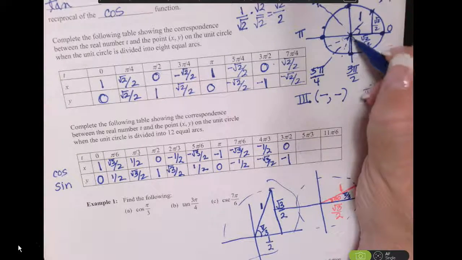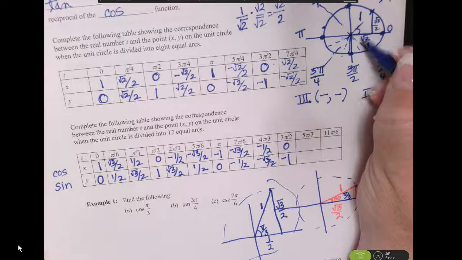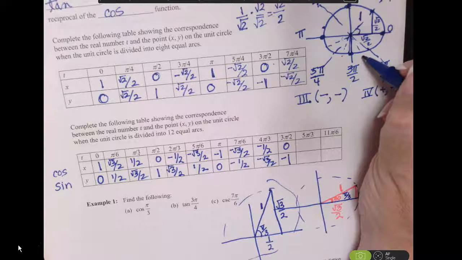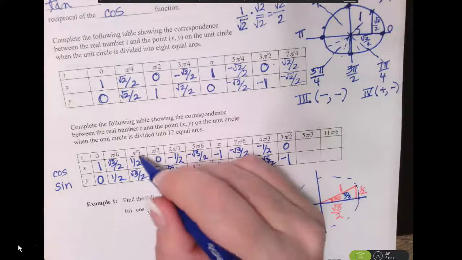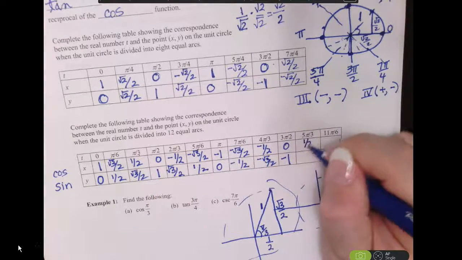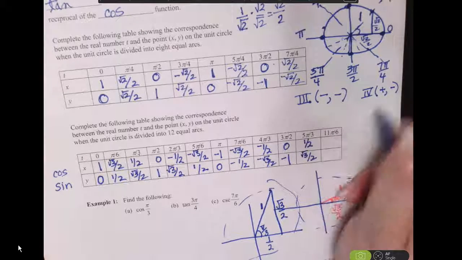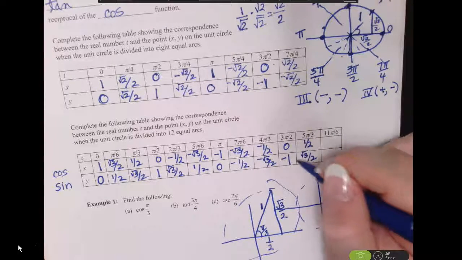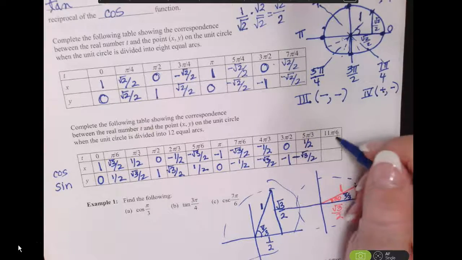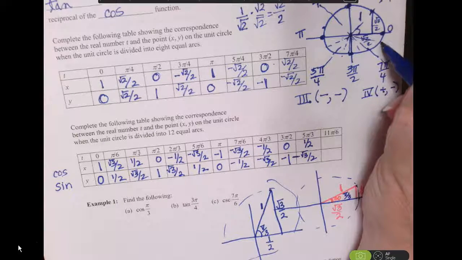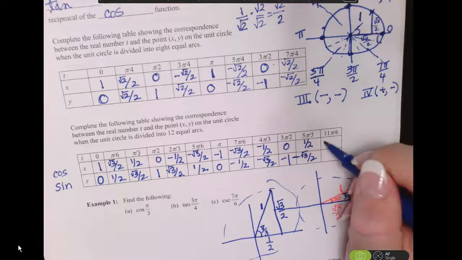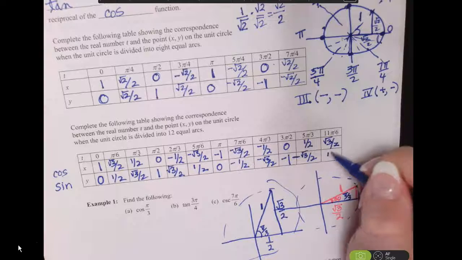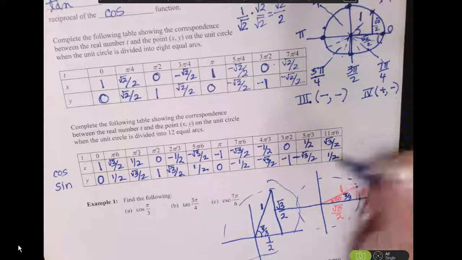Pi over 3, if I drop my triangle, that's going to correspond with my 60-degree angle, or my pi over 3. The only thing is it's going to be in the fourth quadrant, so the x is positive, but the y is negative. And last but not least, we have 11 pi over 6. That's going to correspond to my positive pi over 6. So I'm going to fill in those same values, but I know in the fourth quadrant my y has to